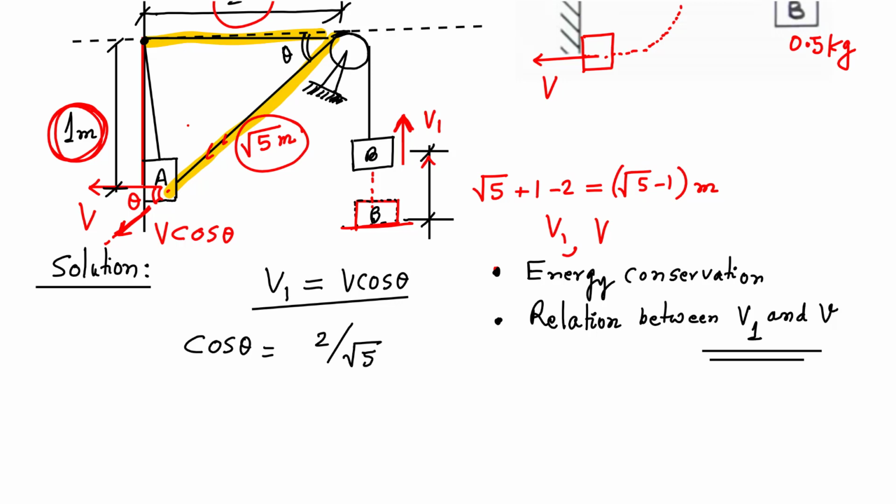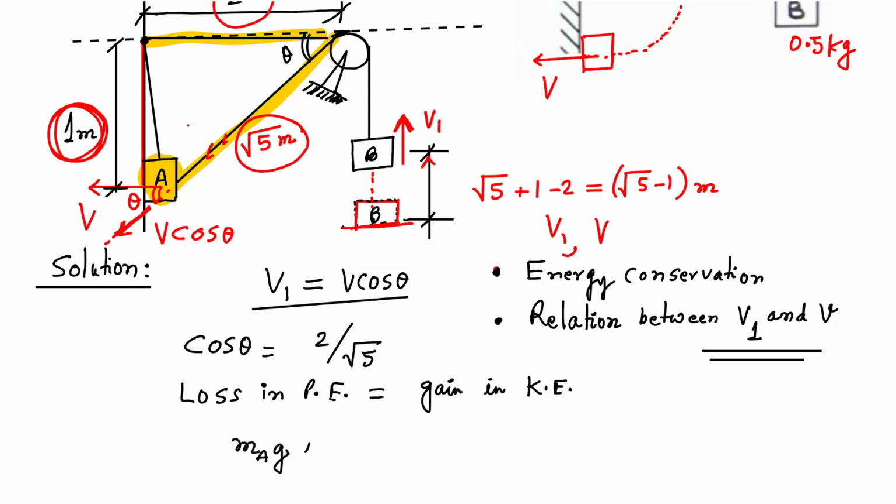Now let us apply energy conservation, that is, loss in potential energy is equal to gain in kinetic energy. So how much is the loss in potential energy? This mass, that is block A, has fallen through a distance of 1 meter. So we can write loss is